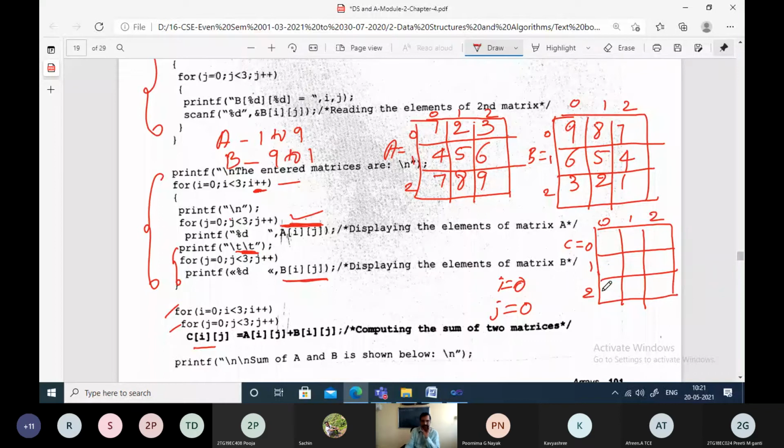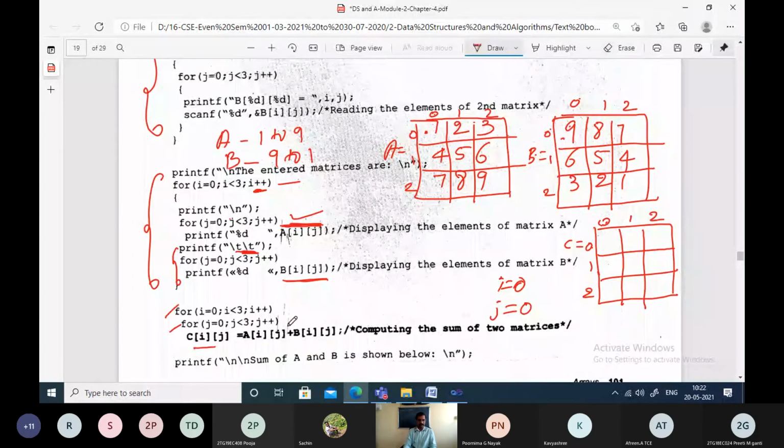Now, how do you find this element? We know that this element is sum of this element and this element. We know that C of 0, 0 is nothing but sum of A of 0, 0 and B of 0, 0. So that is what is the code written, very simple code. What is that? A of ij. What is A of ij?